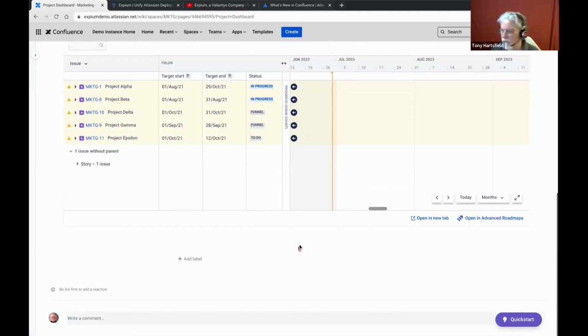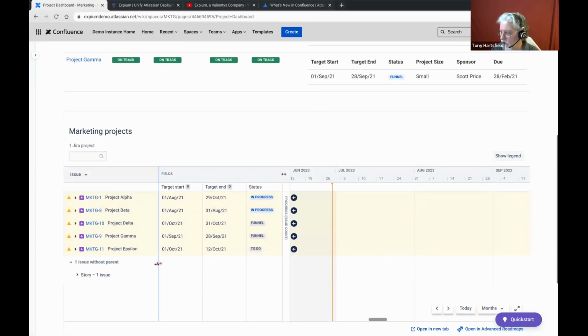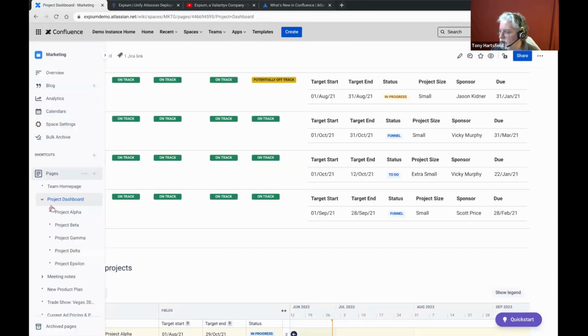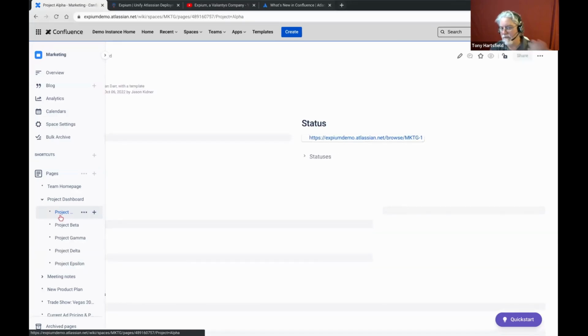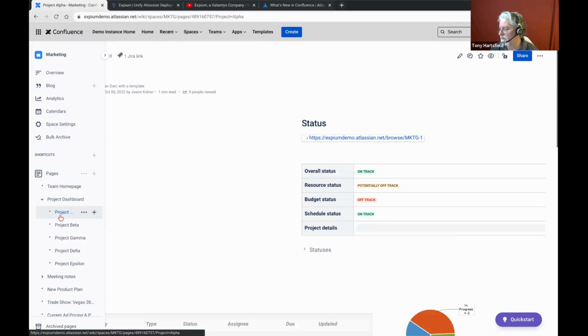And this is their overall reporting page for how things are going. Again, you see some similar things from our engagement here, is that advanced roadmap showing you the scale of all of the projects in one place. But you can also break this into child pages. And so each group themselves can also have their own project page without having to have their own space. And so this is just another way to use this. You certainly could divide each team into their own space, but this could be simply the location for each project